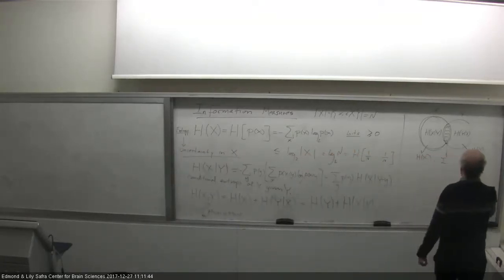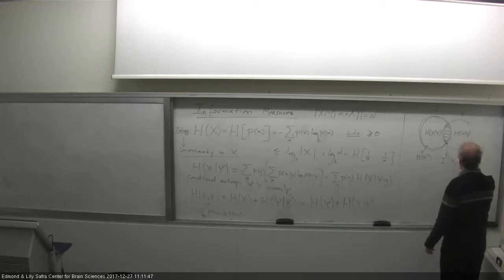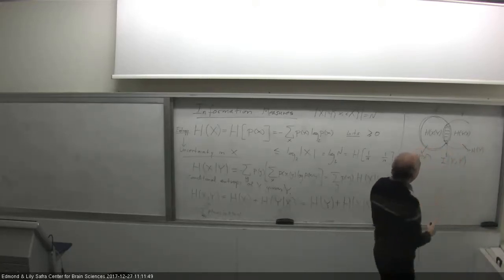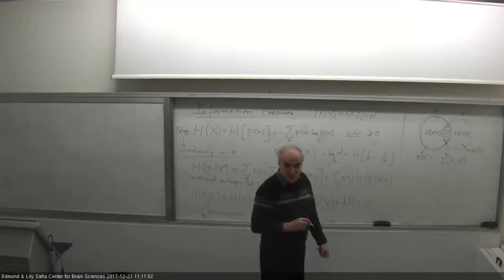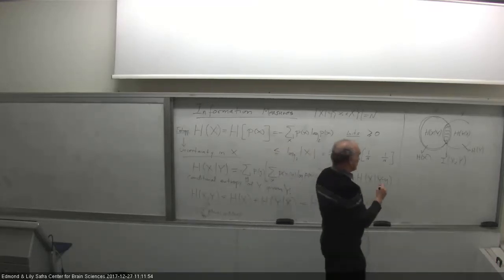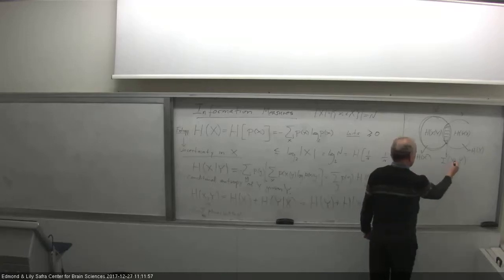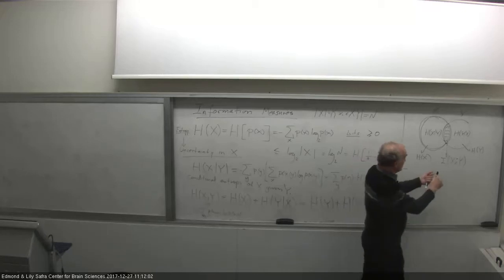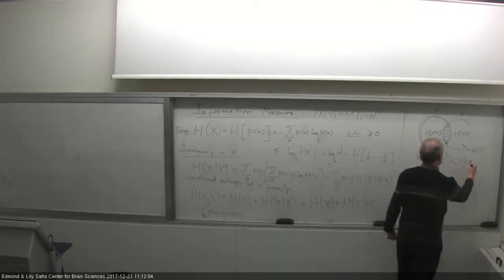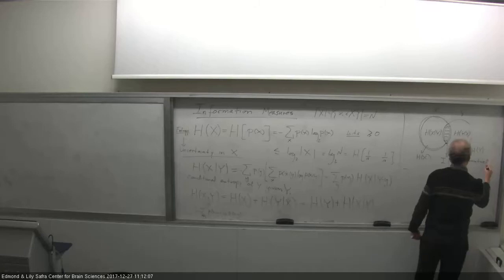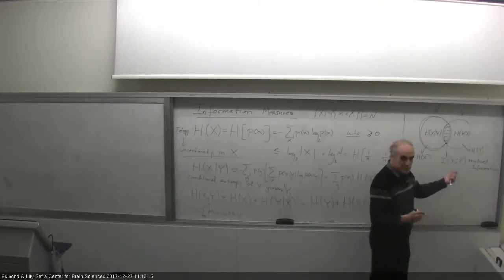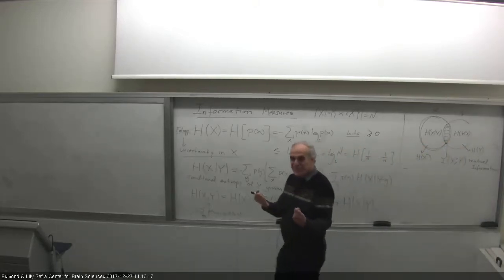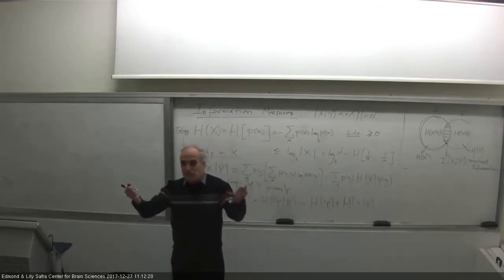But for 2 variables it works well, and we denote this area, which is completely symmetric in this case, as the mutual information. I denote it, as I said, by a semicolon here. So this is the mutual information between the variables x and y, and this is actually what we really would like to call information. As I said, information is always in something about something else. It's a function of 2 entities. So you can't just talk about information in a variable.